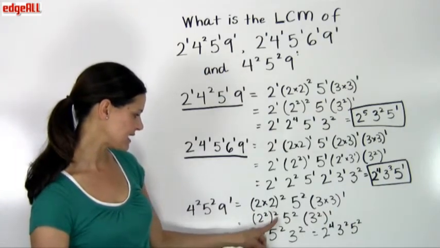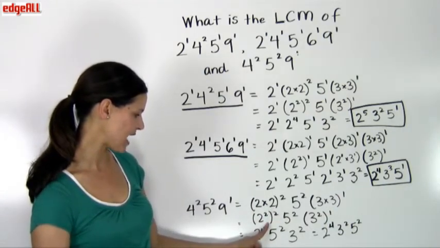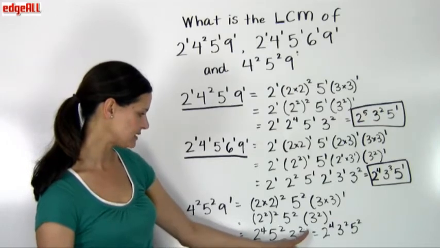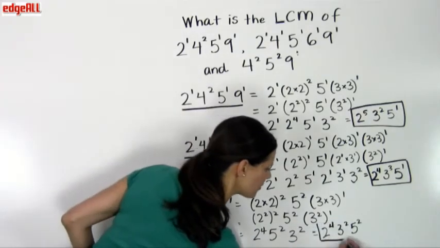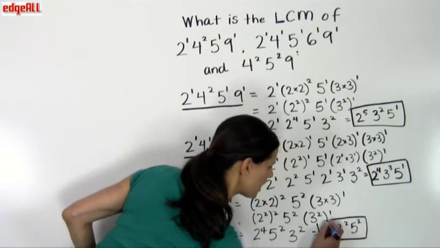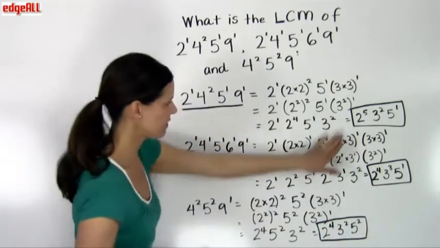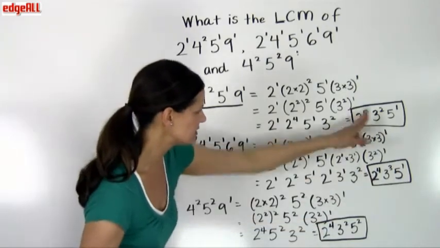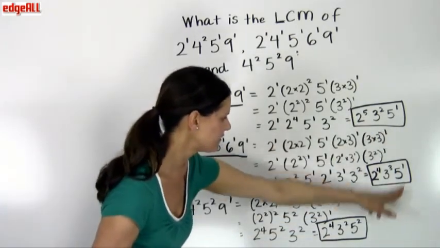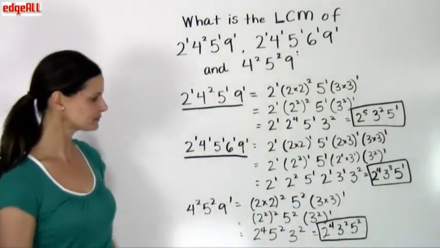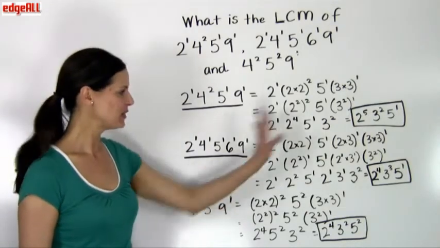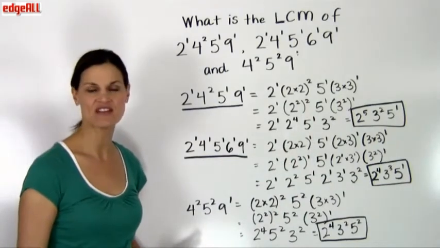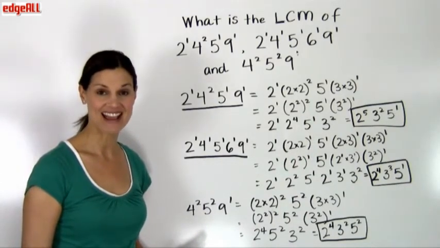This simplifies then down to 2 to the fourth power, 5 squared, 3 squared. And so here I just rearranged it so that it would be in order of the smaller primes first. I want them all to be 2's first, 3's next, and 5's last. So now that I have each of my numbers put into their prime factorization, now I can get to work